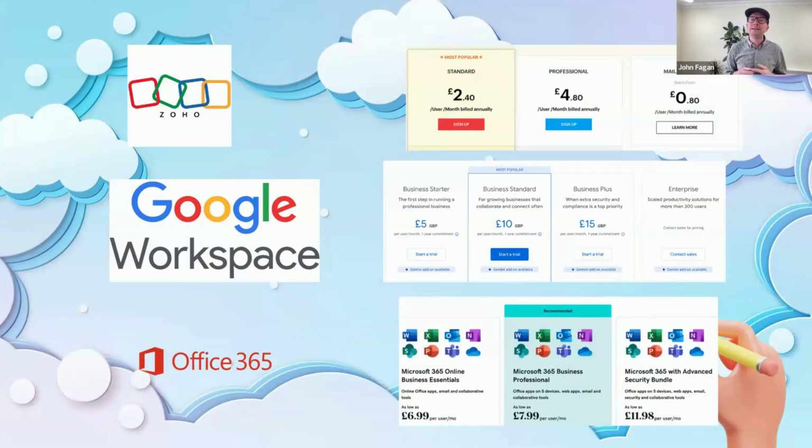There are really just three main cloud providers that are most popular. We've already talked about Google Workspace and Office 365, but I'd also like to put forward Zoho. Zoho is a cheaper version, but it's also very good and very popular, and it does your documents, spreadsheets, presentations, some level of task management, and file storage.